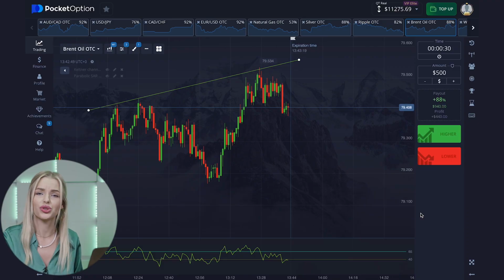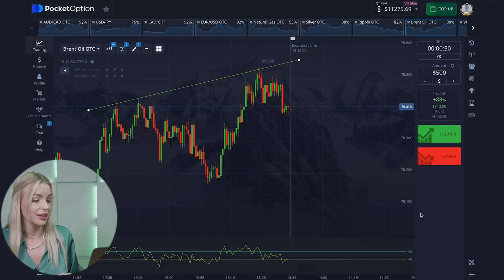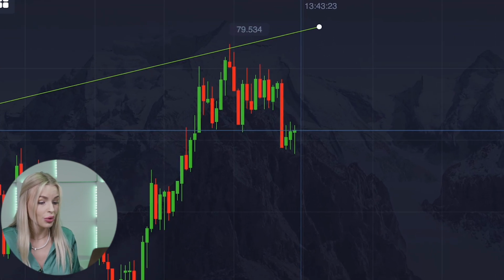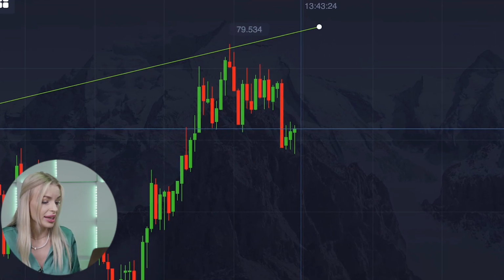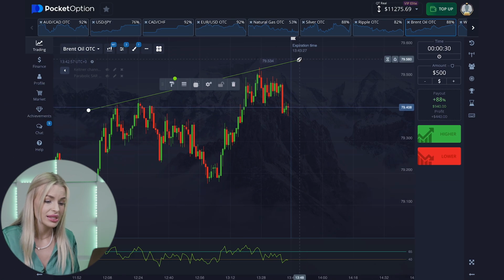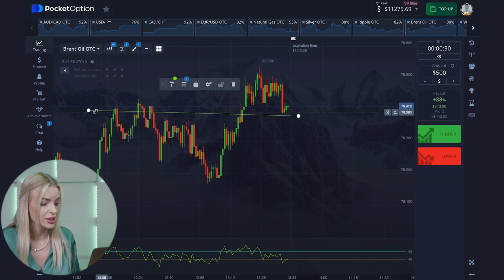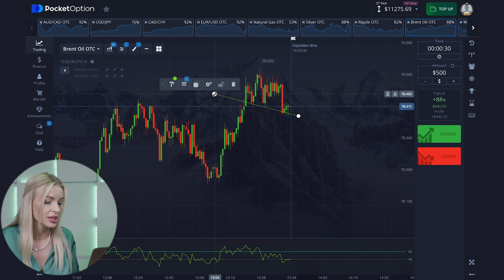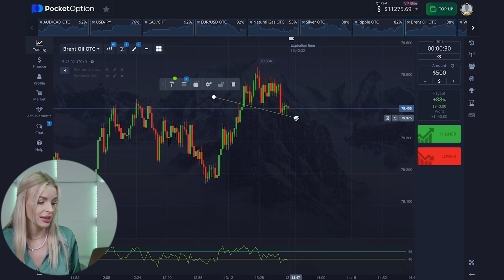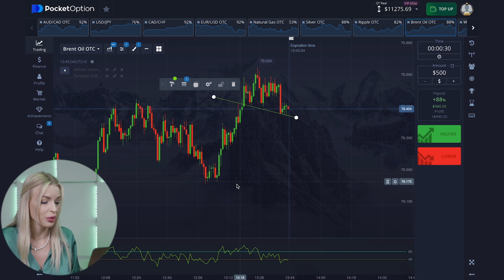What's wrong with the chart? Well, it looks like it's falling, as predicted. But look where this fall ended. It ended at the same level as the previous drop. It means it's time to rewrite the settings of our indicator because the market has consolidated. The sideways movement is starting and we must be ready for it. Let's go to the settings.